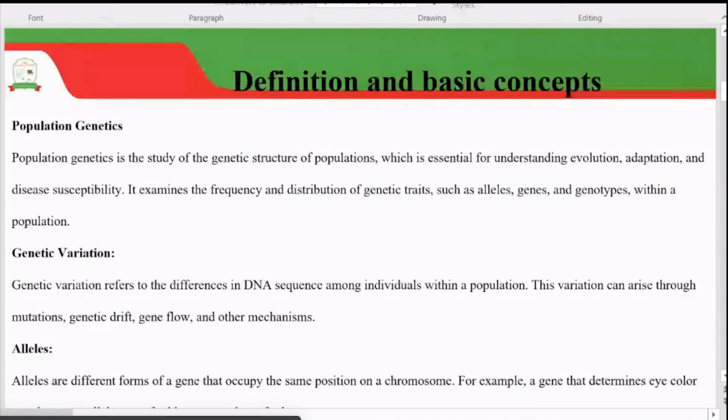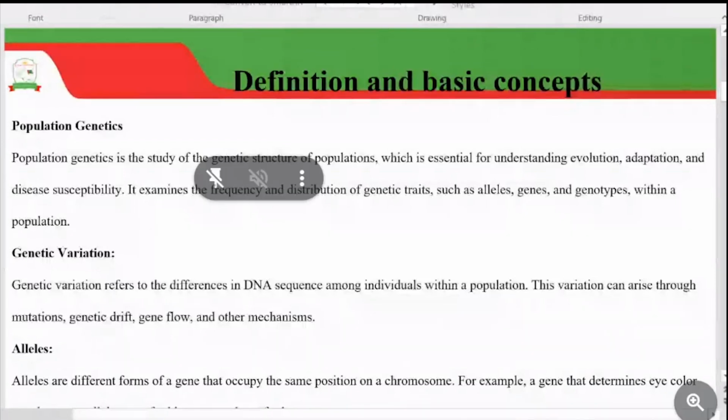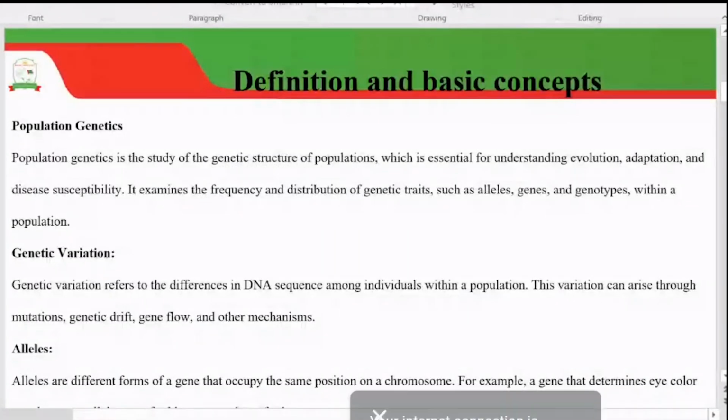In other words, the study of the structure of genes within the population helps us understand how these different genes are exposing people to certain diseases or making them more resistant to certain diseases. Therefore, it mainly examines the frequency and the distribution of genetic traits, such as the alleles, the genes, and the